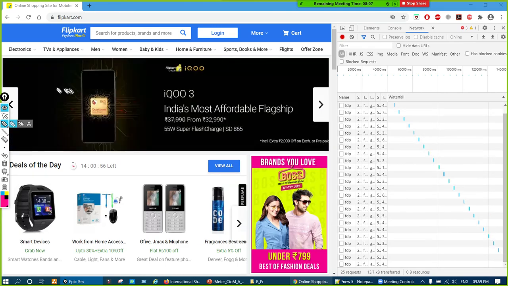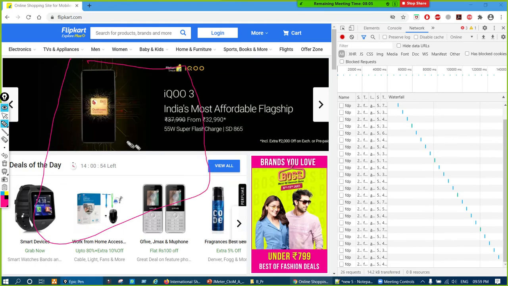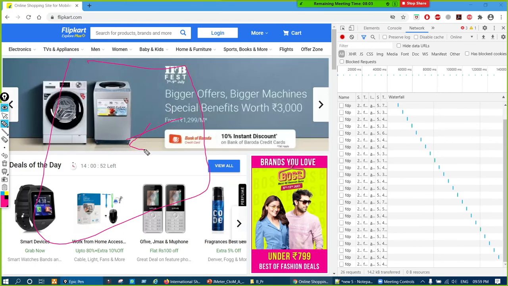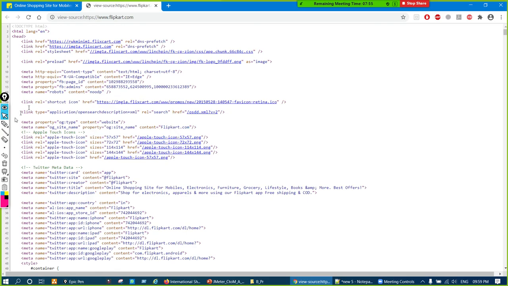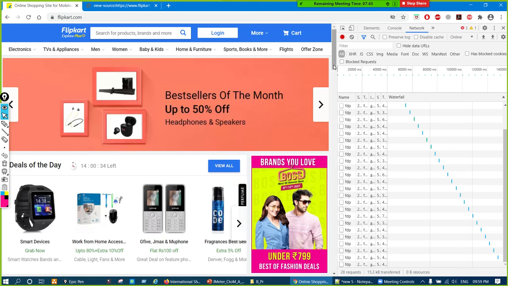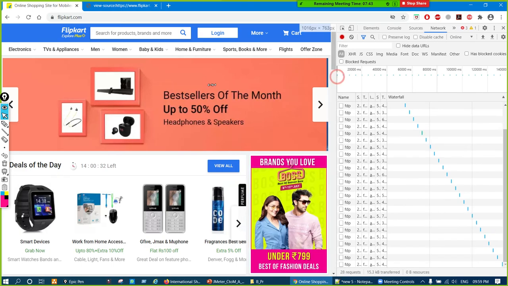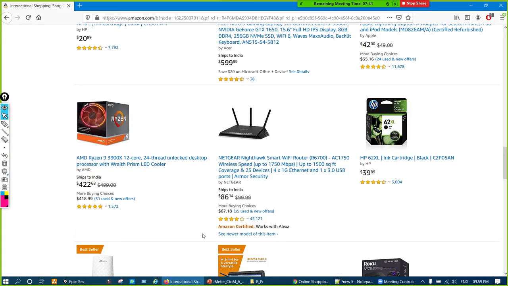If you want to see the code written for the front end part, you can right click over here and go to view page source, right? So if you see, this is the code written for the website, and it's always HTML code. That's why the request which is going shows as an HTTP HTML request.